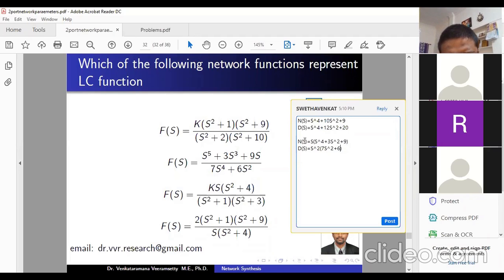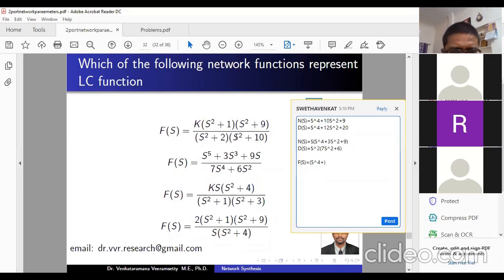And because it is a numerator by denominator, the f of x function can be written as, if this one by this one, so this s and s will be cancelled. So we have in the denominator 1 s, right? So s to the power of 4 plus